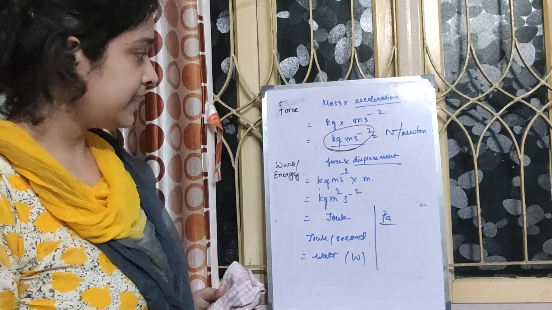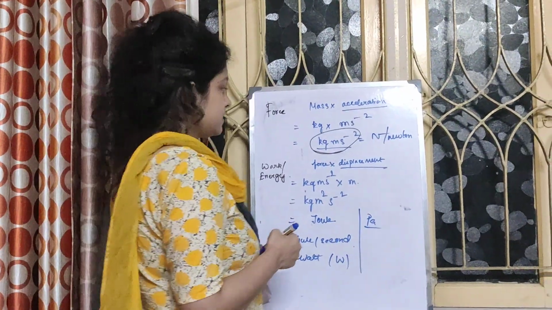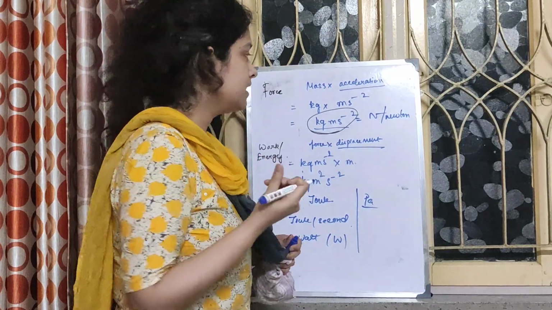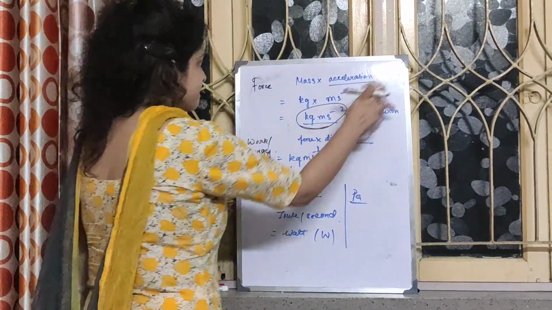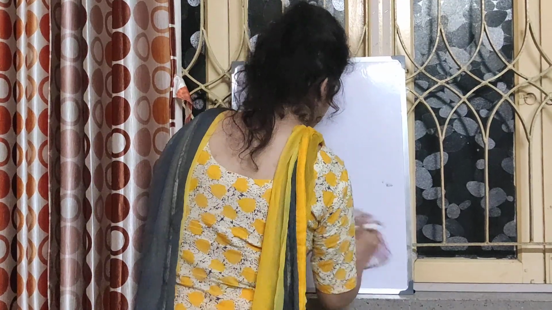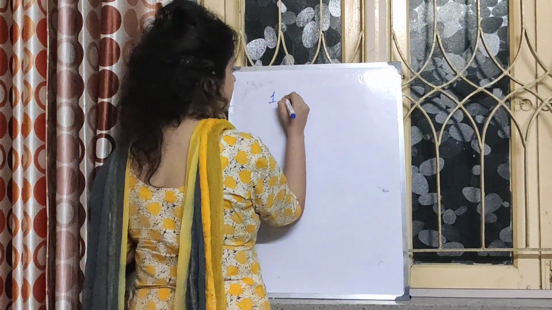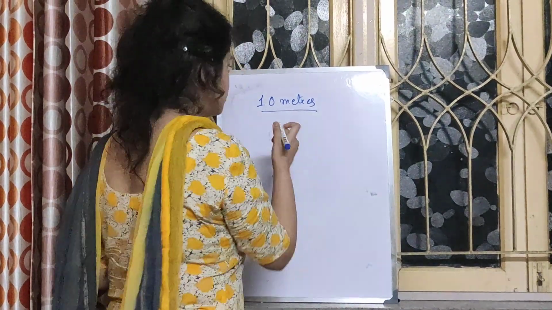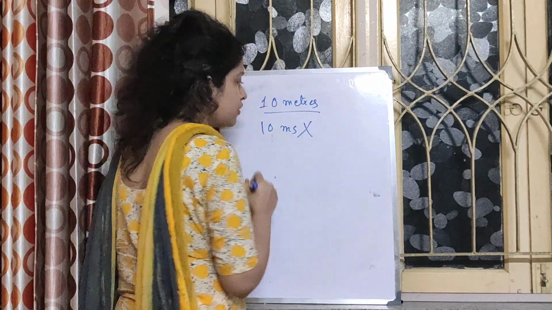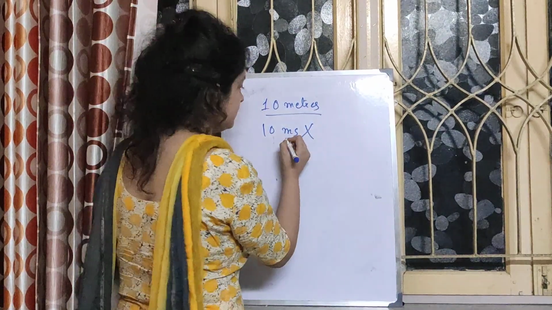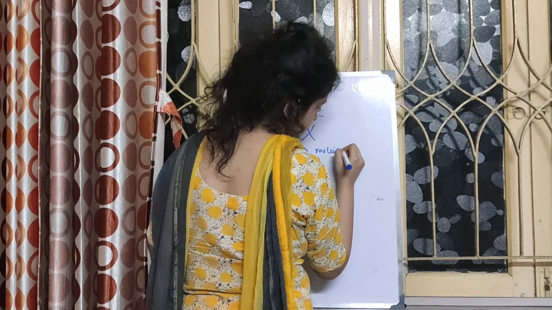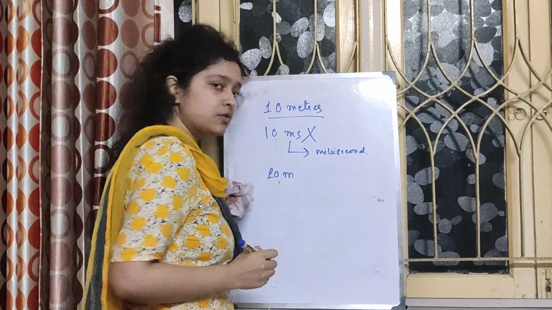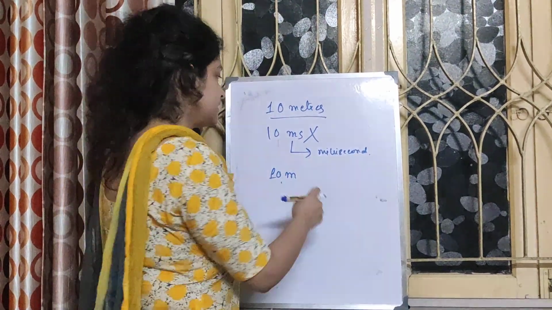One thing I just forgot to mention: suppose you want to say 10 meters. For plural form, when you're writing the symbol, don't write ms, if you write this, it is wrong, because this stands for millisecond. So you have to write 10 m only. Okay, for plural form also the symbol remains the same.